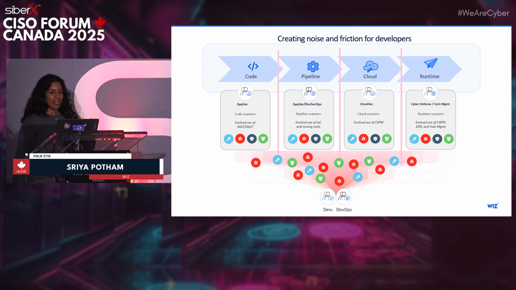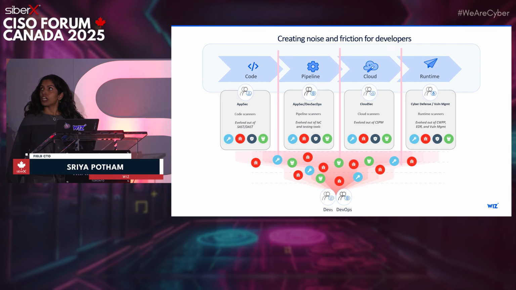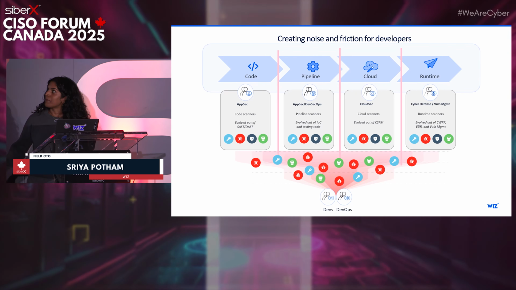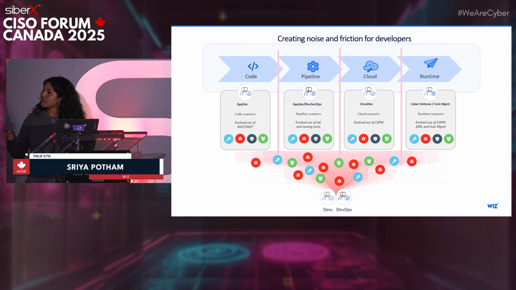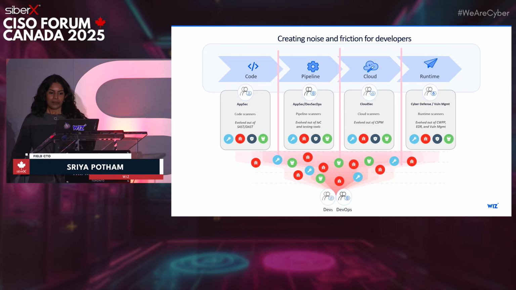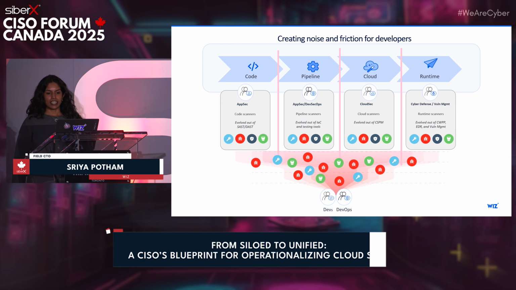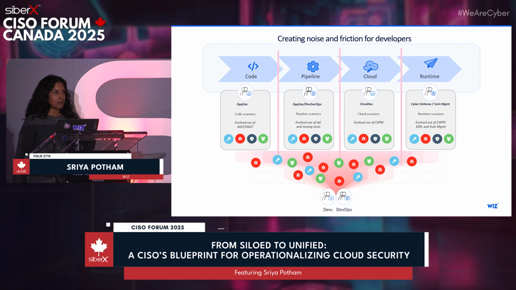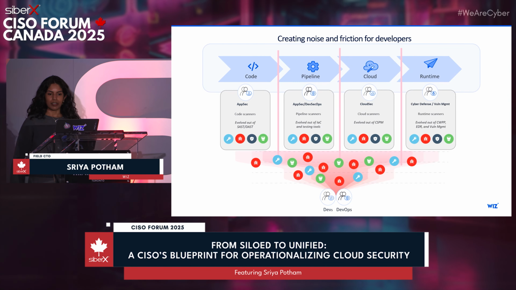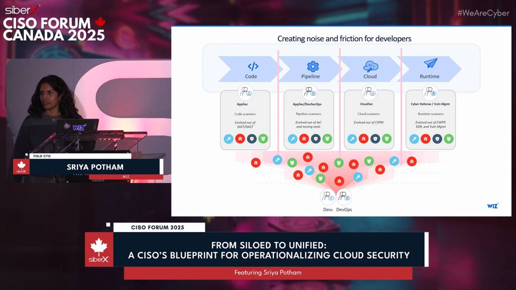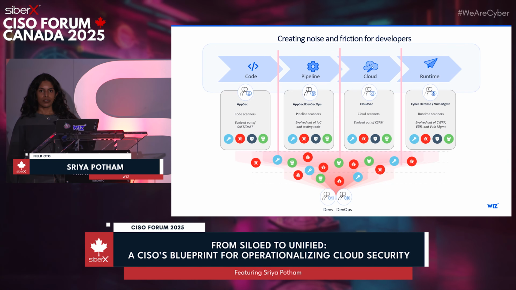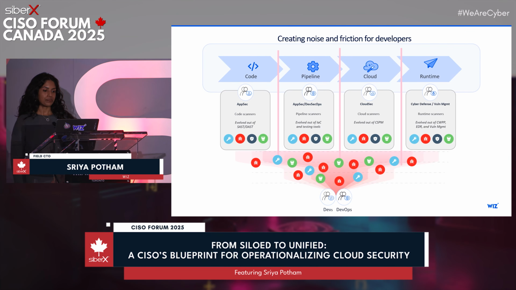So when we don't have prioritizations of risks, developers are receiving alerts from AppSec, from DevSecOps, from CloudSec, but they don't come with clear guidance on what exactly should be remediated first, what's actually most important to remediate within your cloud environment. And developers oftentimes have to figure it out on their own, or maybe never at all.